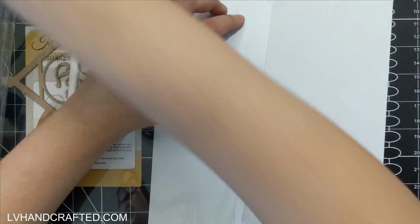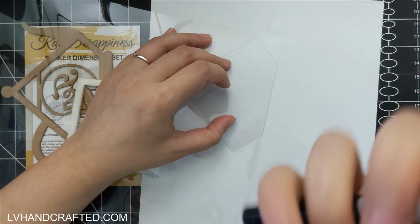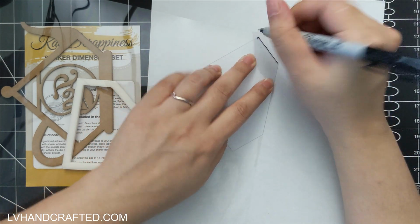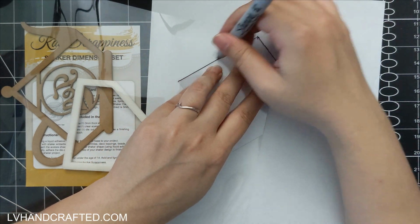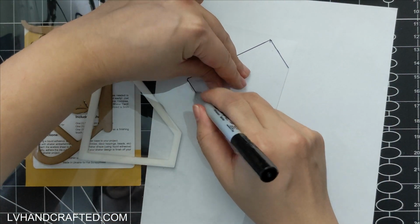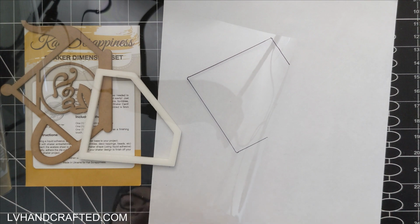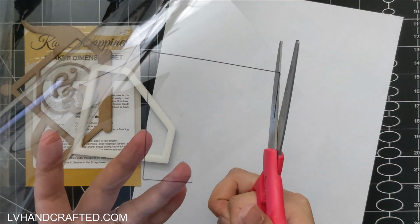How is it going? I am going to be making a shaker card today, and instead of creating one from scratch, I'll be using a shaker kit from Cat Scrappiness. This is actually a new one, or one of many new ones that have released in the shop just a